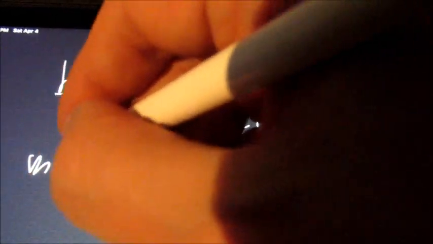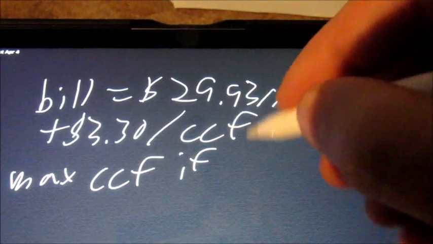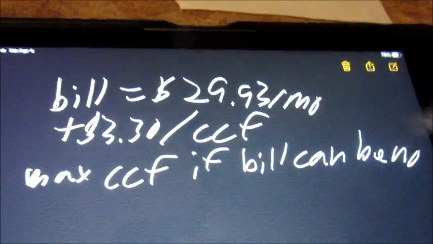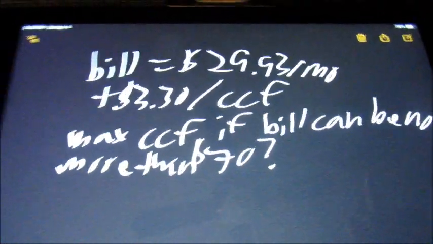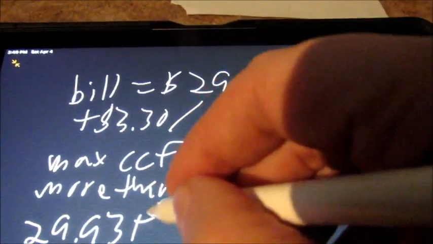What is our maximum number of units if the bill can be no more than $70? So we know that we're going to spend $29.93 as the base plus